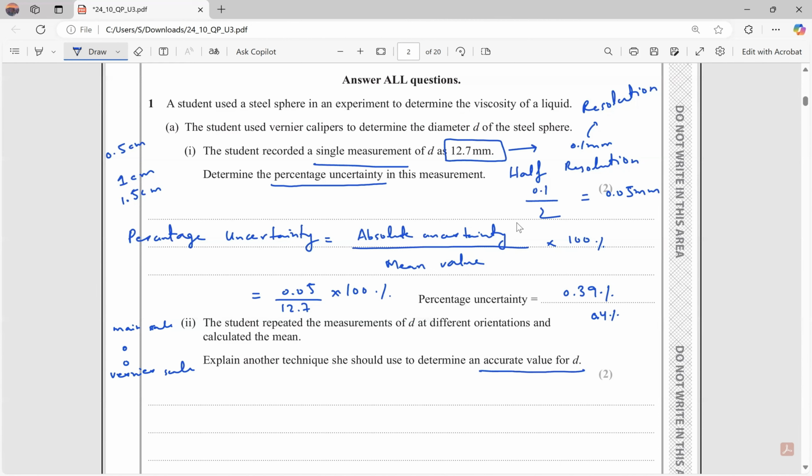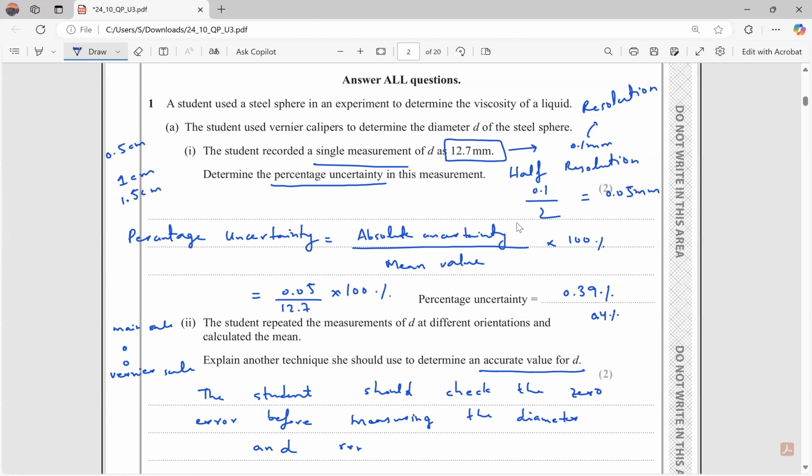So of course we don't need to go into all that detail over here. It's just a 2-mark question, and we just have to say what technique we have to use to determine an accurate value for D. So the student should check zero error before taking, or before measuring, the diameter,